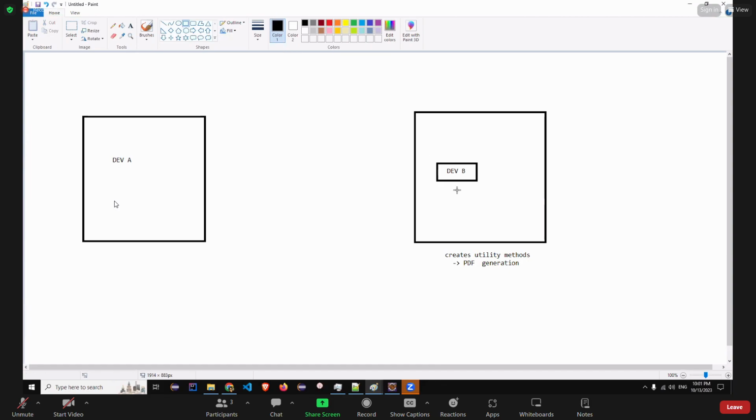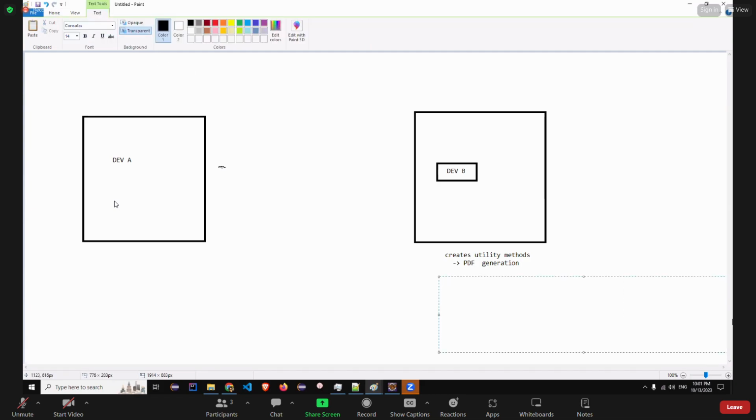Now Dev says, okay, we need one converter which converts our text to PDF. Okay, ठीक है. तो Dev भी क्या कहता है, Dev भी says how this PDF generation will work. It says, give me a txt file and I will convert it into PDF. Simple. Give me text file and I'll give you